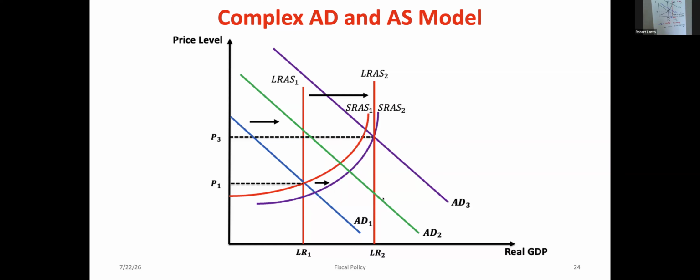If that's the case and we have these simultaneous changes, so aggregate demand goes up and long run aggregate supply goes up, our new short run GDP is where the new short run aggregate supply hits our new aggregate demand. So we would still have short run GDP be a little bit too low. Even if there is a shift in short run aggregate supply, if the long run aggregate supply shift is larger, we still end up with a deflationary or recessionary gap.